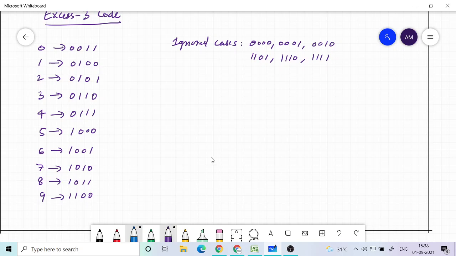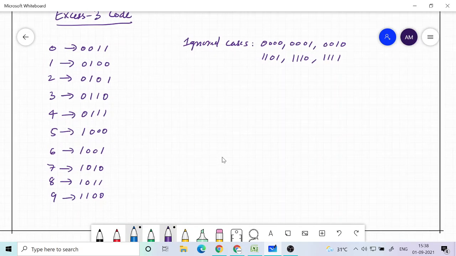Or in other words, if you start with our case, which is 0 1 4, if I write 0 1 4 in XS3, how does it look like? 0 0 0 0, no, 0 0 0 0 is not there.